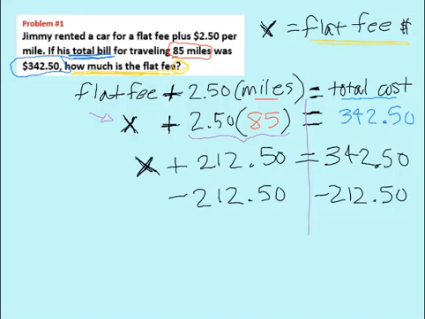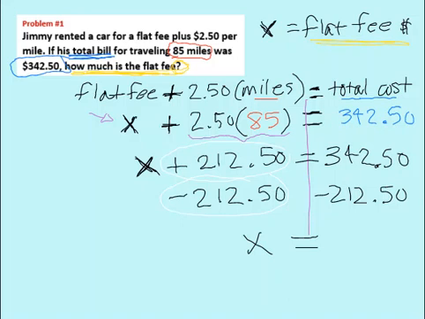Then I do my simplifying, and I write plus $212.50 minus $212.50 makes 0, so what's left over here is x, and then I do $342.50 minus $212.50 in my calculator,